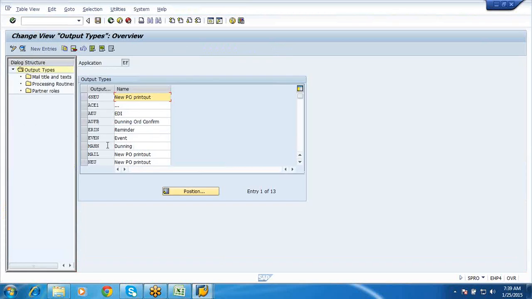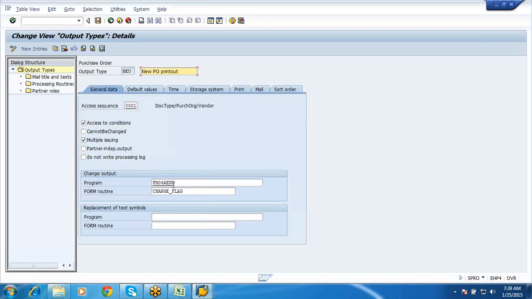See here, NEU is the message type which is used for a PO printout. Now if I go to the details, this is the program which helps us to print the PO, and if any changes are there in the PO, this is the program which helps us to print the PO.